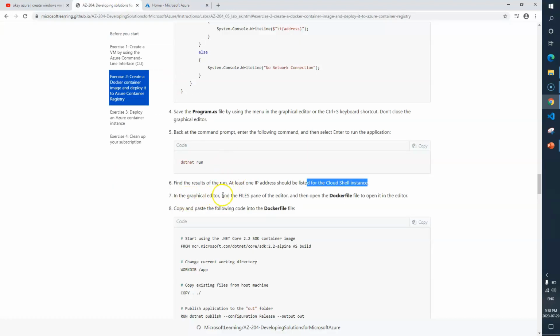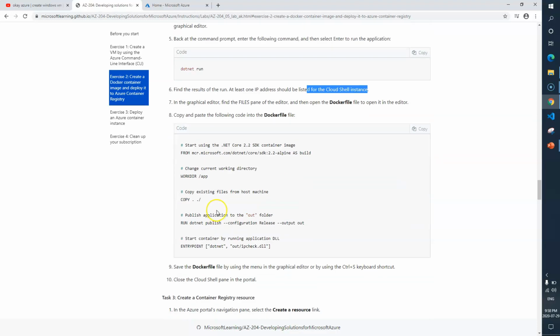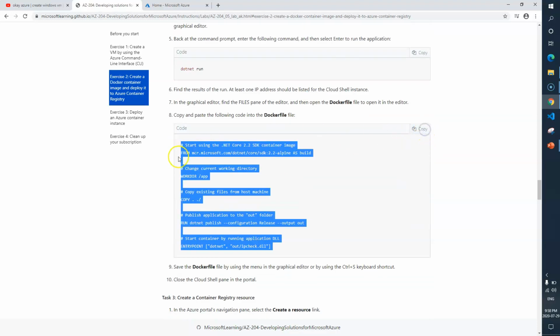Perfect. Now in the graphical editor, under the files pane, open Dockerfile, and then we need to copy and paste this particular command. It says start using the .NET Core 2.2. Here we have defined the versions and changed the working directory to /app.